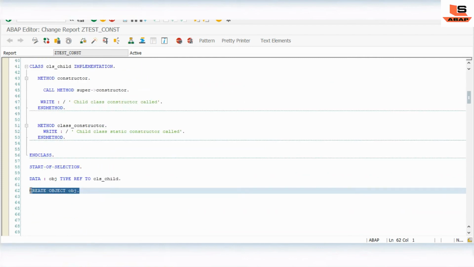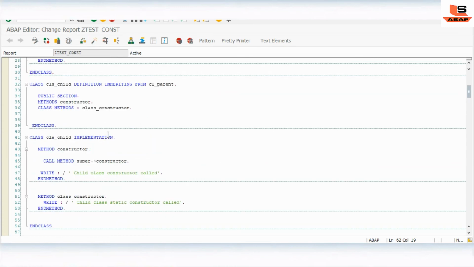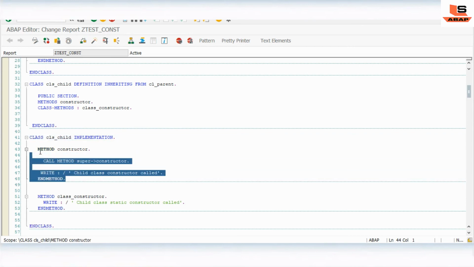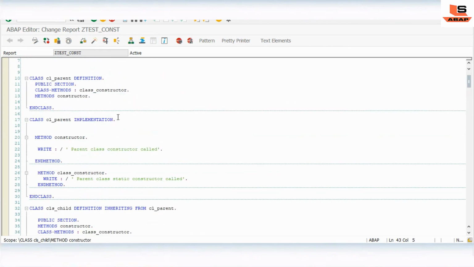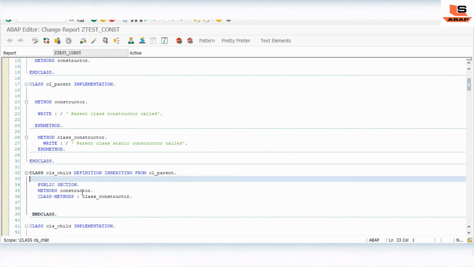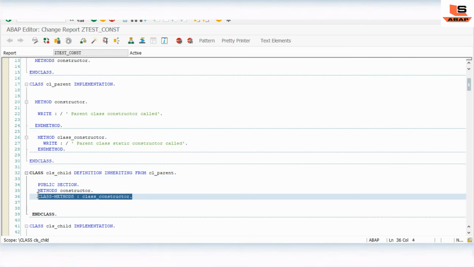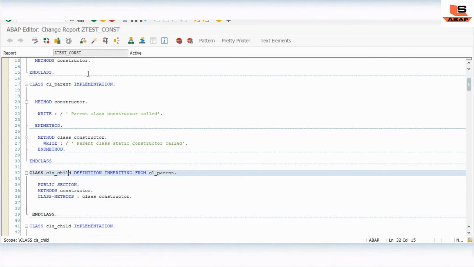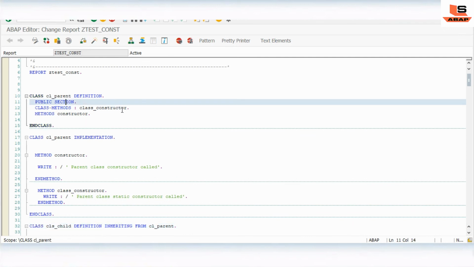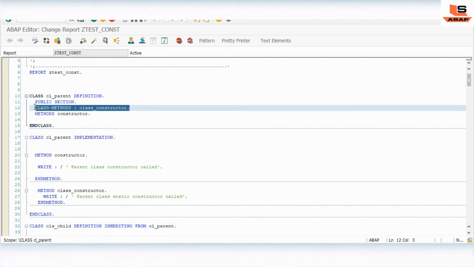We have created the object for the child class, so it first goes to this child class implementation part. In the child class we have a static constructor, but the child class is inheriting from the parent class. So it first checks if there is any static constructor available in the parent class or not.